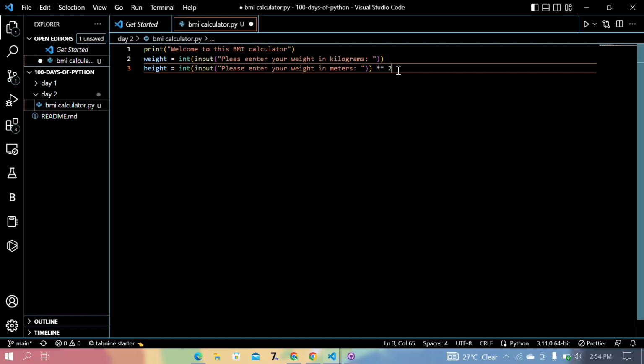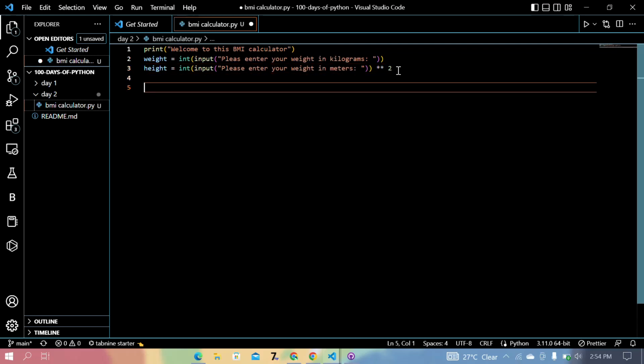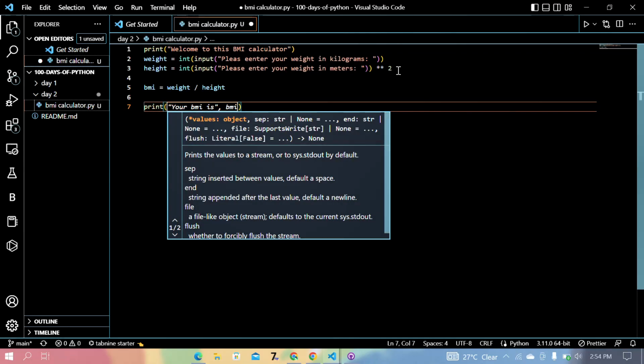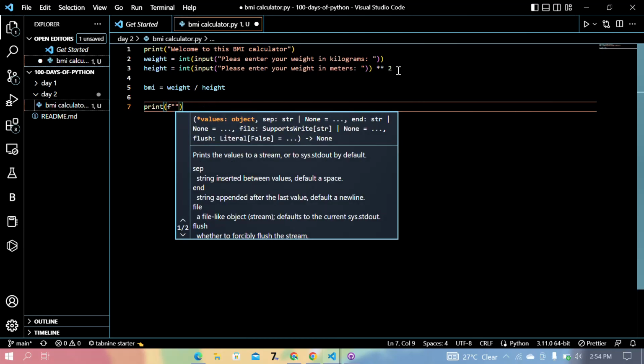2. All right, so now we're going to say BMI is going to be equals to weight divided by height, not doing floor division, just a small division. And now we're going to print. Remember how I said I like printing? If you were here with us in the last video, I print using formatted strings. So I'm going to say